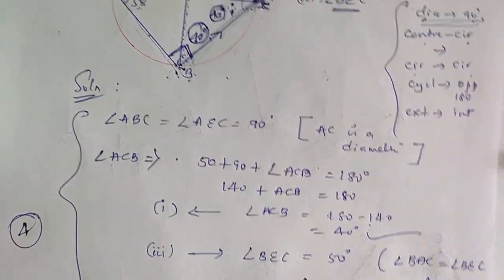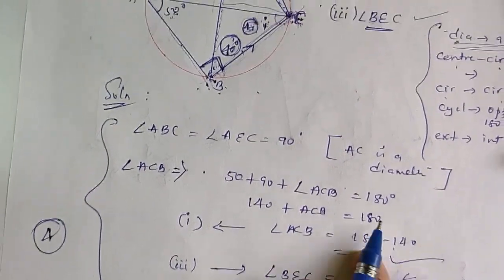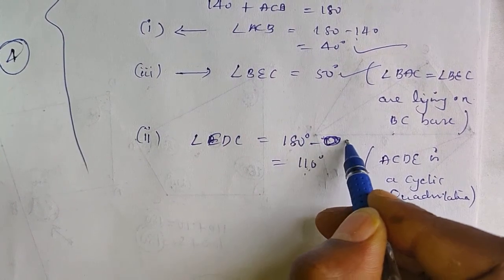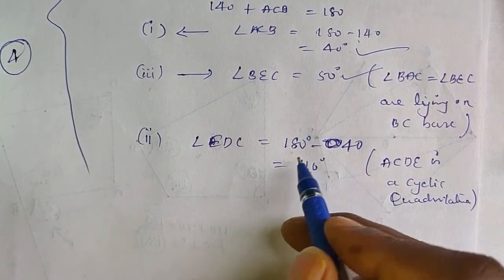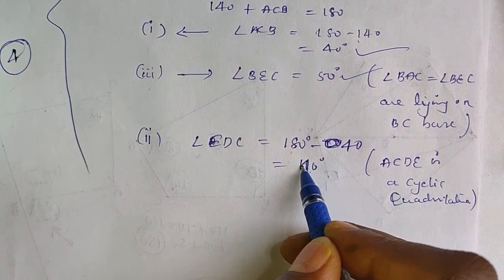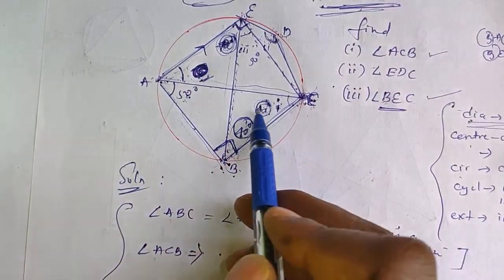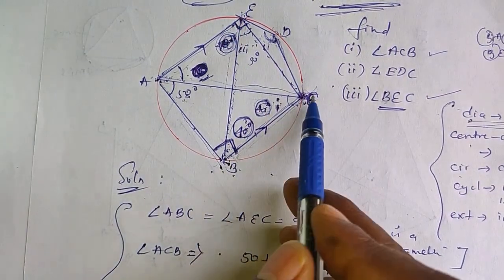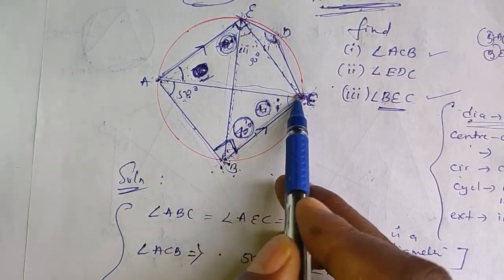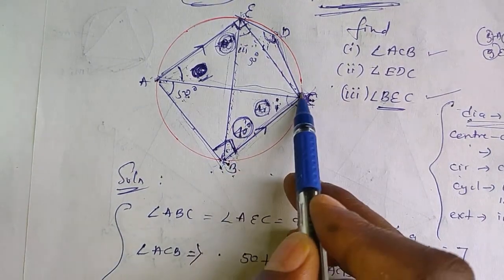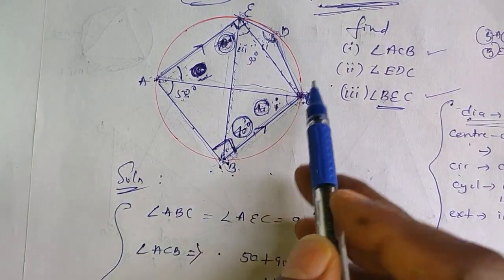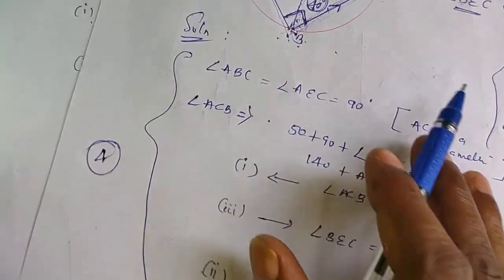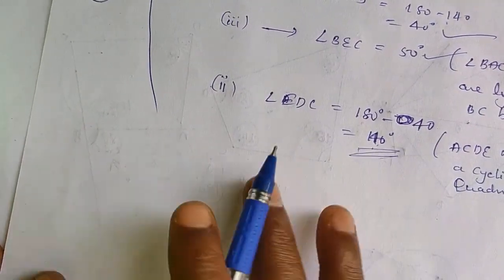First, the 40 degree we got is correct, and this 50 degree also correct, but later the 70 degree we took, no, that is wrong. That is 180 minus 40, totally it is 140 degree. D angle and B angle both are 180 degree, as BCDE is a cyclic quadrilateral. Then D angle and 40 degree both are equal to 180 degree. Then we subtracted, we get 140 degree.